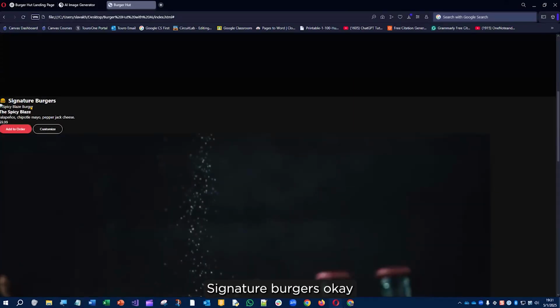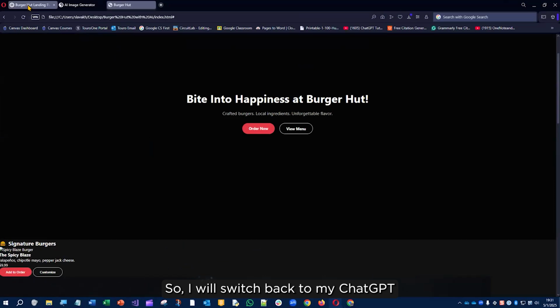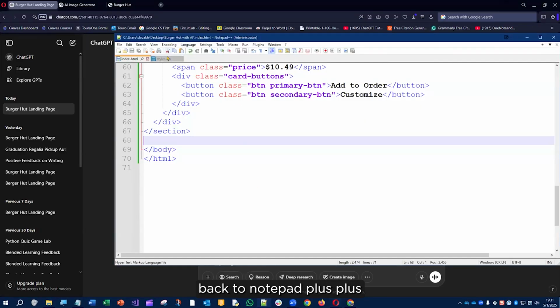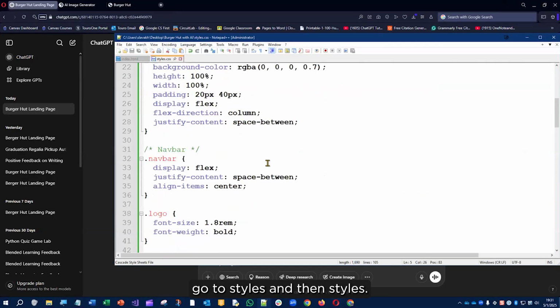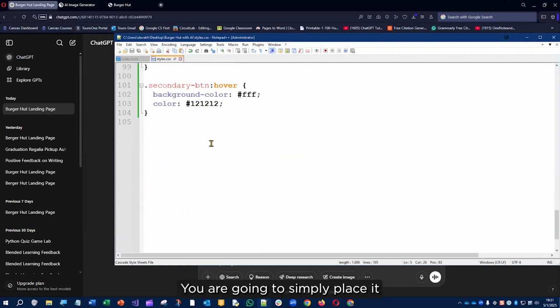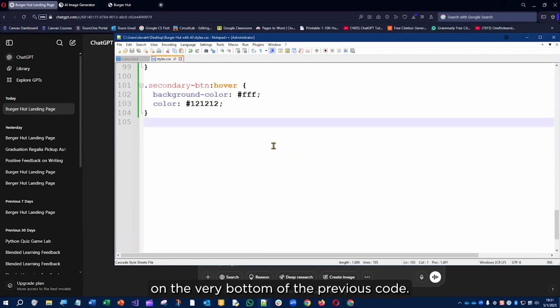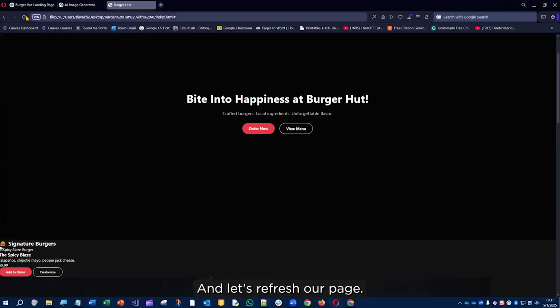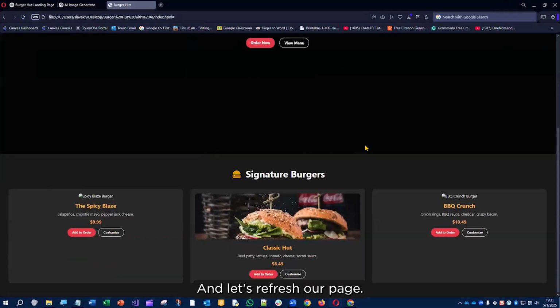And here we go, signature burgers is created for me, but again, it doesn't look good. So I will switch back to my ChatGPT, copy my CSS section, back to Notepad++, go to styles, and in styles, you are going to simply place it at the very bottom of the previous code. Save it. And let's refresh our page. Look at this,